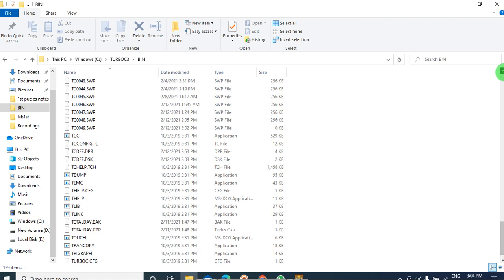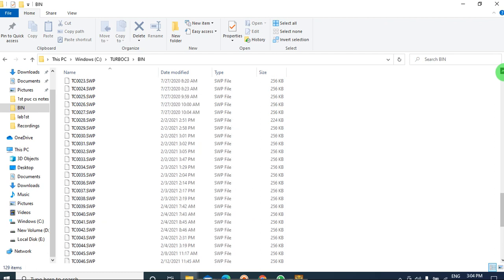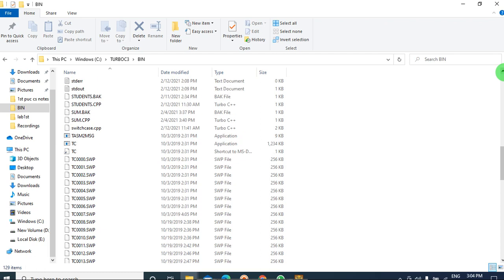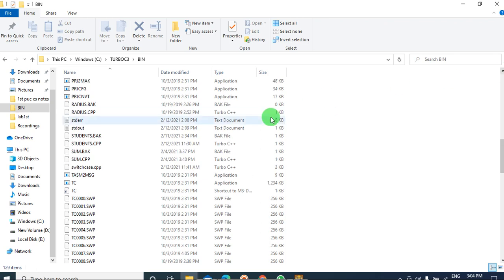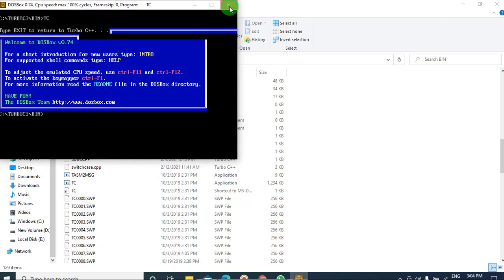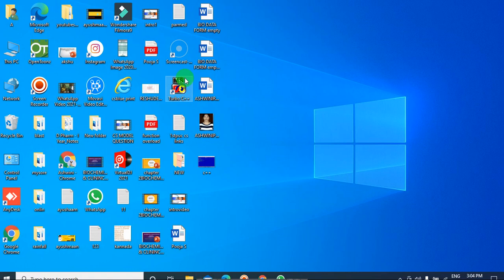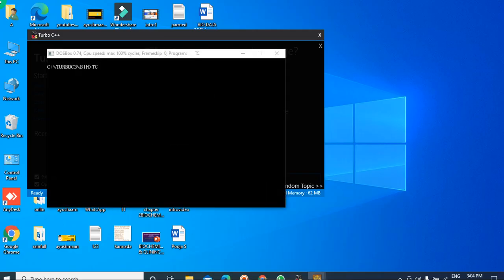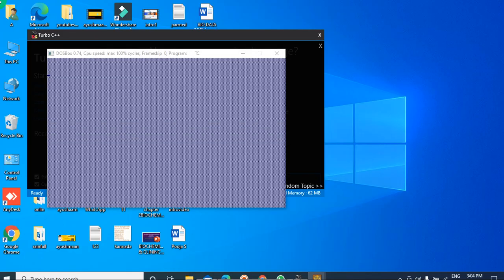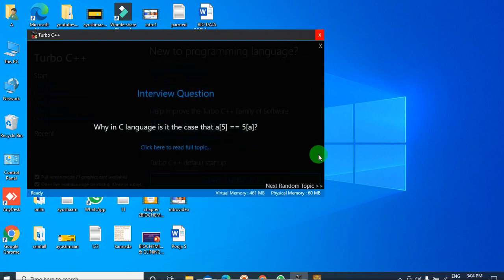The problem is when I type the program, I'll just type. Okay, I have given switch case. Let me open the Turbo C++. So whenever you forget something, if you want to see, you can go to C drive and go to your bin and you can see all the programs that have been typed. So here my program is coming in a small window.